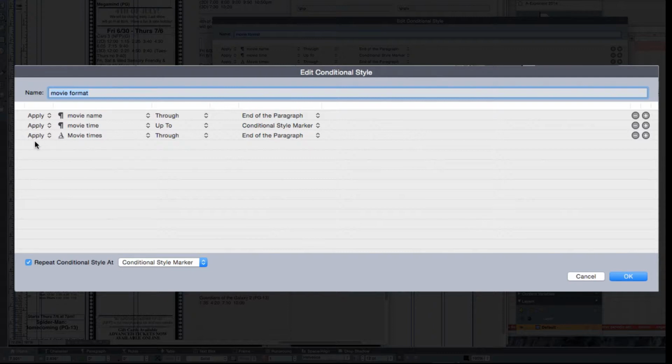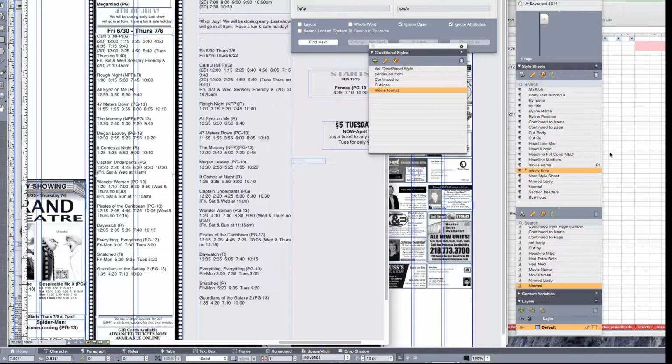And then apply the character style movie times through the end of the paragraph. So let's see what happens when we put that in here. And go up, make sure that